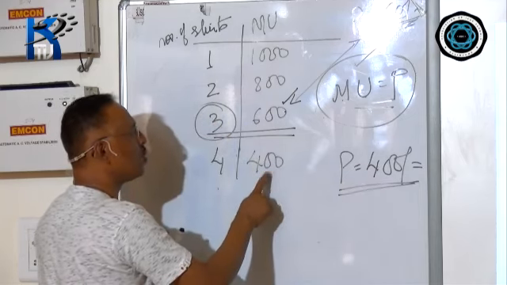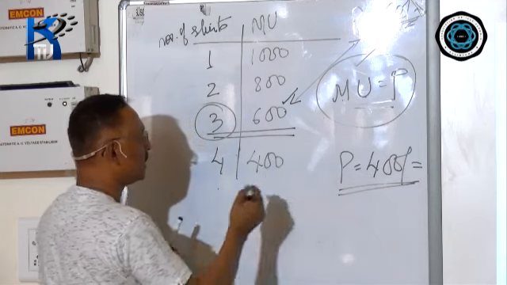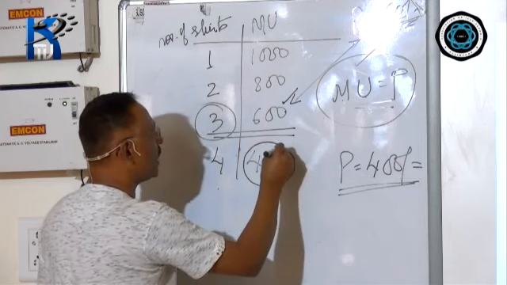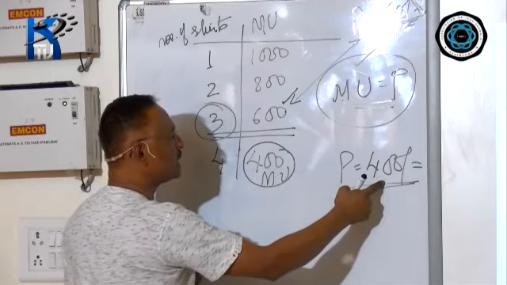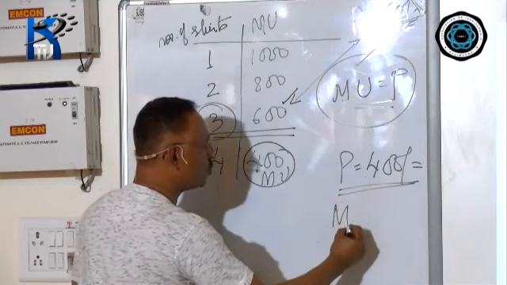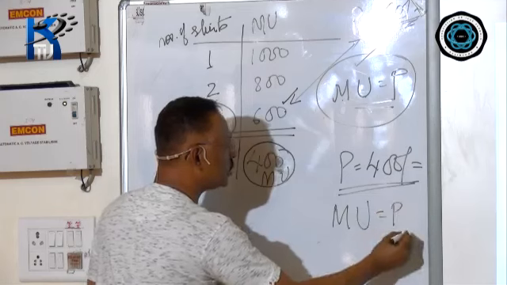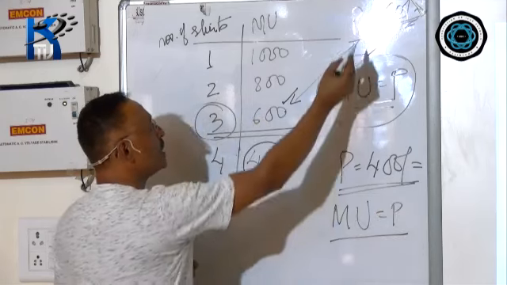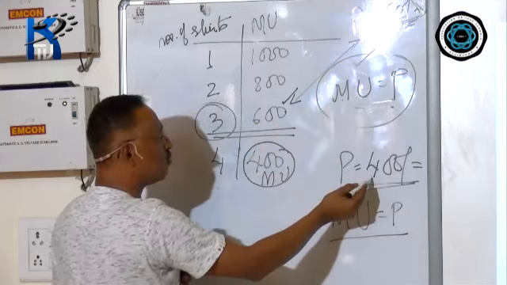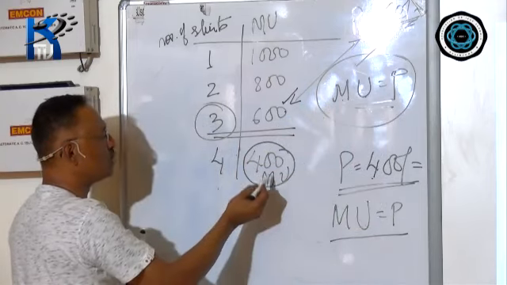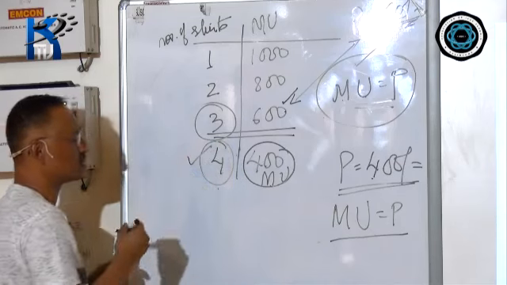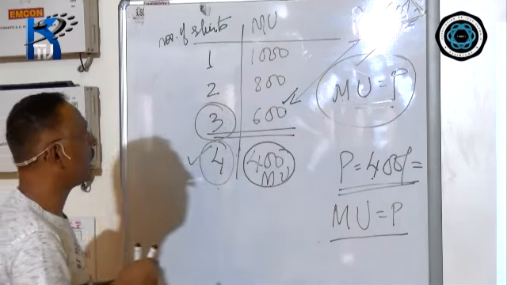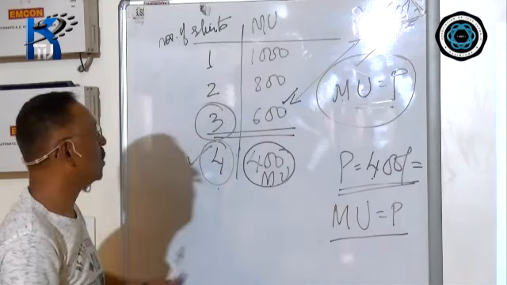This is the place where MU is equal to P. Consumer's equilibrium is reached when the price falls from 600 to 400. MU is 400 here, which means you will buy 4 shirts. Here you can see that when the price falls,